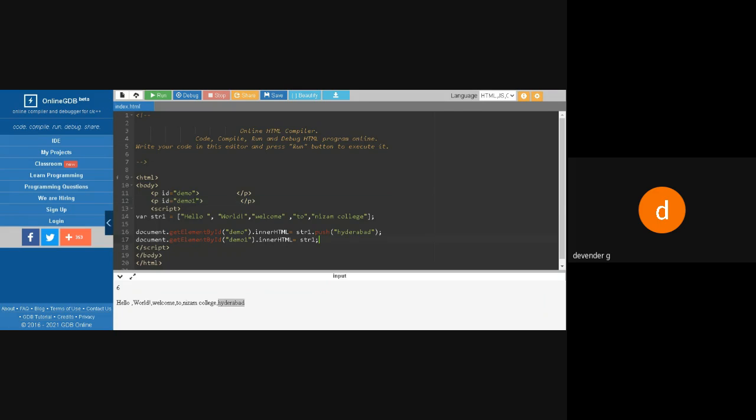Okay. So pop is to remove the element from the end and push is to add the element on the top. So this was the one that came first. If I want to remove this hello, what do I have to do? I have to do the operation of pop 5 times. This is pop 1 time, then Nizam College, then I say 2, then welcome, then world, and then I will get hello as the answer.